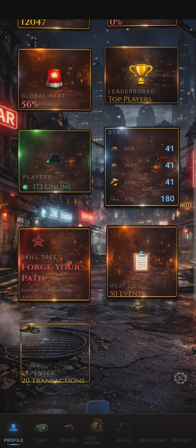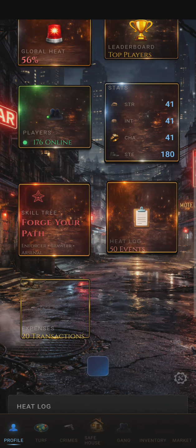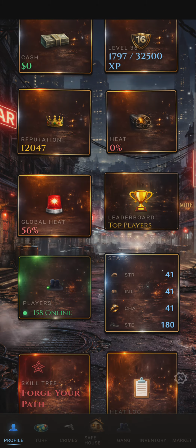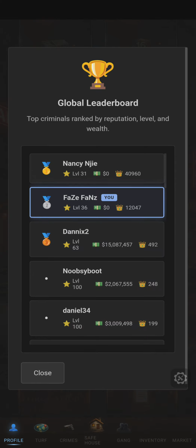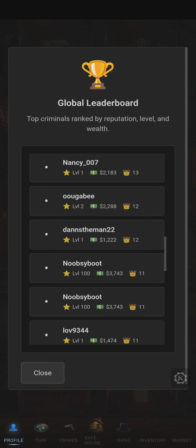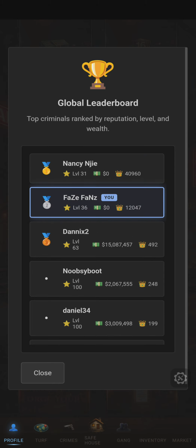So a couple of really awesome features that we have. We do have stats, leaderboards. It's an actual leaderboard system that actually works. So these are all accounts I've made, and my girlfriend actually tested this with me as well, and she's actually rank 1 on the leaderboards. Her reputation is like 40,000, which is crazy, but we tested this game very thoroughly,